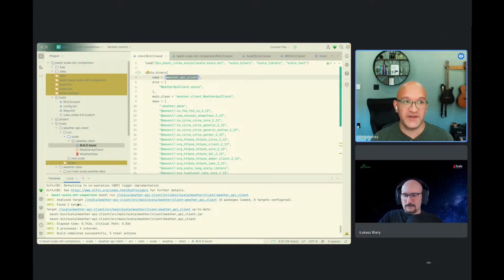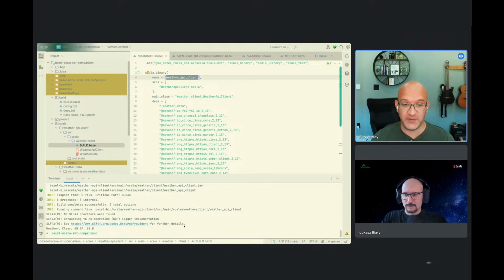It has to go. Sometimes it has to. If you have rules proto, it has to go and recompile protobuf, which is a little bit goofy, but it's a thing that happens in Bazel pretty often with the rule set. And so sometimes you can have a bunch of actions that run the first time. But because I have all of that cached already locally on my local disk, it just found the only pieces that it needed to, and it compiled them, and then it ran.